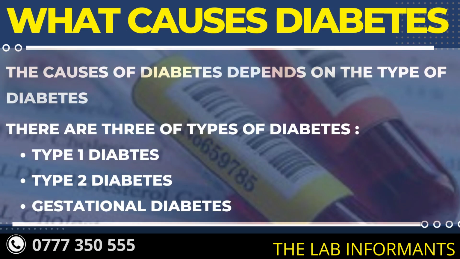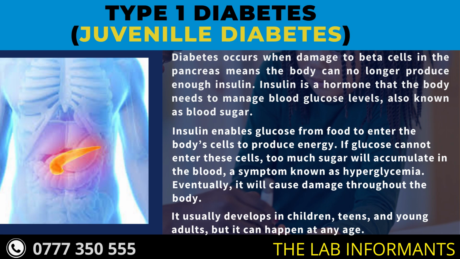What are the causes of diabetes? Basically, the causes of diabetes depend on the type of diabetes. And there are three types of diabetes, which are type 1 diabetes or juvenile diabetes, type 2 diabetes, and gestational diabetes. Type 1 diabetes occurs when damage to beta cells in the pancreas means the body can no longer produce